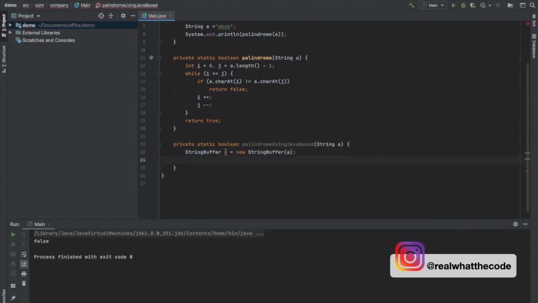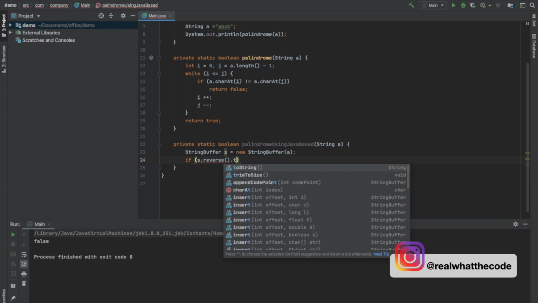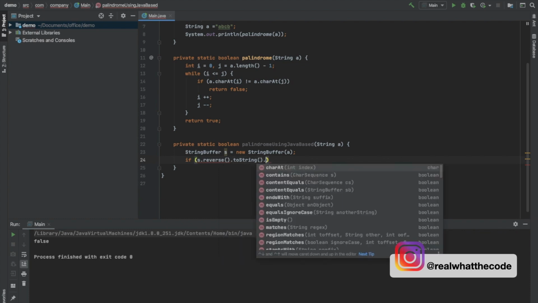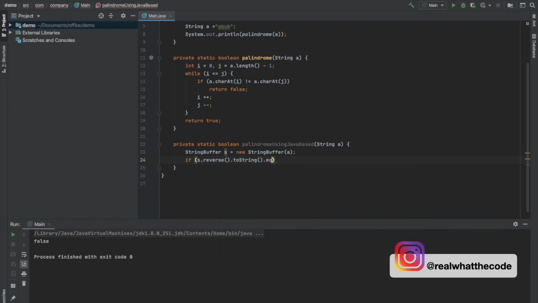Now I will check if s dot reverse dot toString dot equals the original string or not, right?